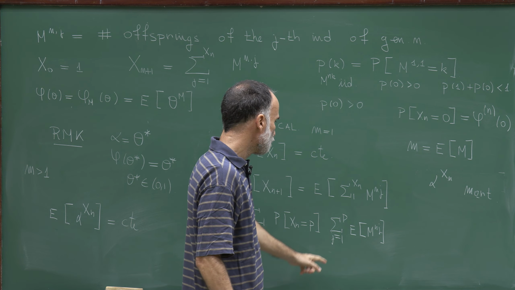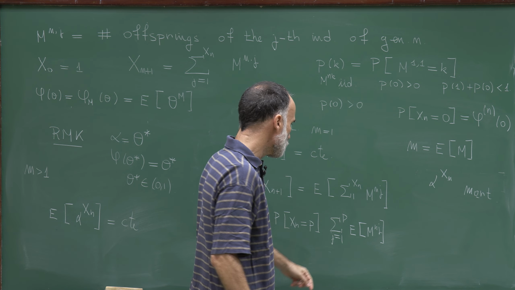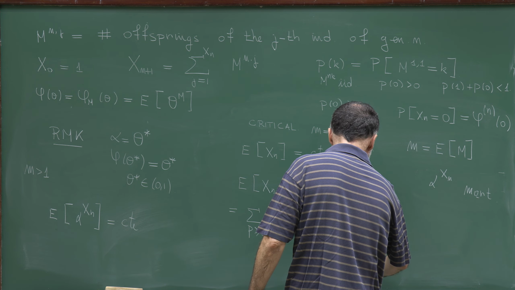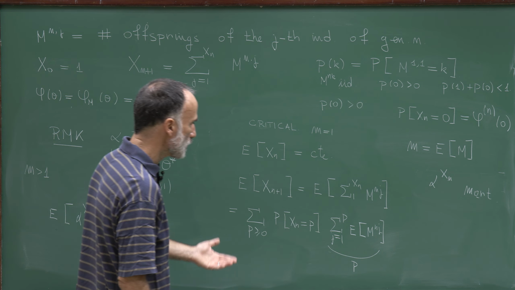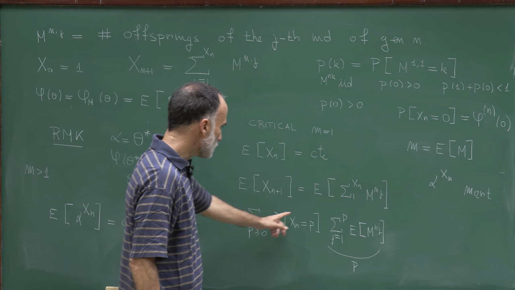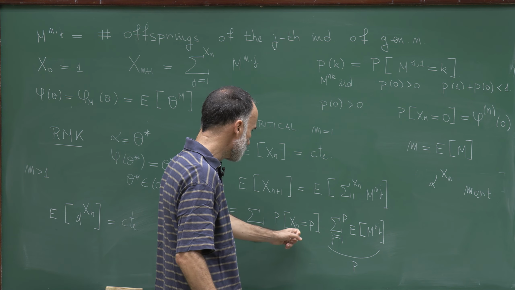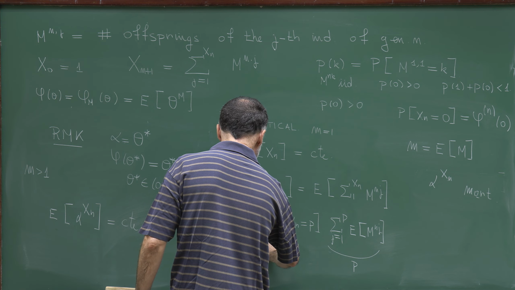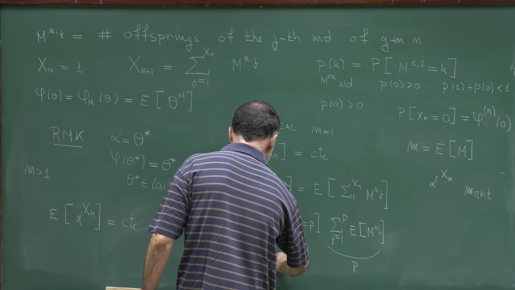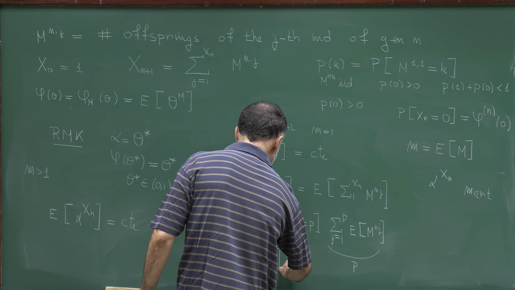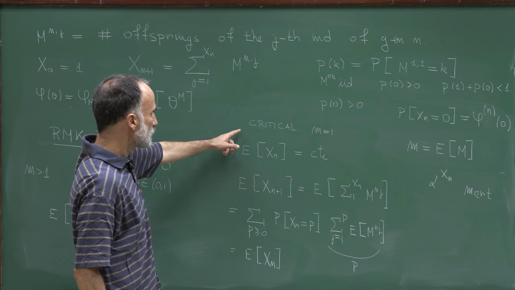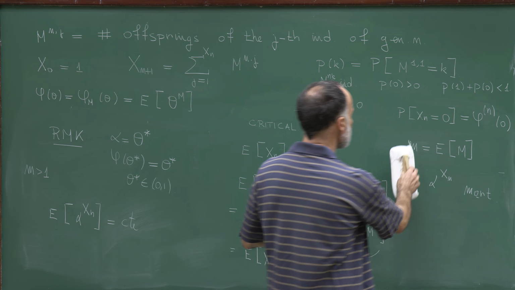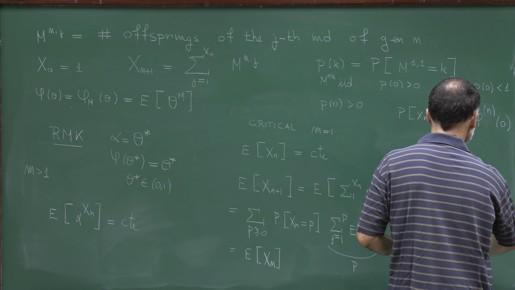So I have a sum from 1 to p of 1, which gives me p. M is 1, m times p is p. And what appeared here is the probability that xn is equal to p times p, and this is the expectation of xn. So we see that in the critical case, the expectation is constant, while in the supercritical case,